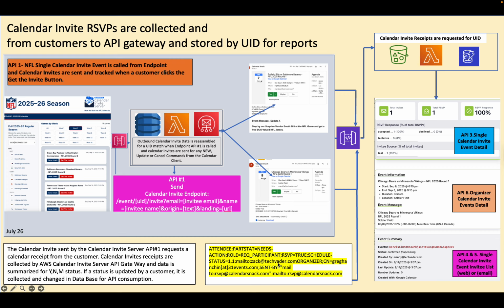Request a participant. That participant action is a yes, no, maybe. And when someone interacts with these calendar invites downstream, we follow the IETF, the Internet Engineering Task Force obligation of how a calendar invite works on the internet. And that is solved here because when somebody downstream clicks the yes, no, maybe button, we send that data back to an API gateway that's deployed with the calendar invite server inside your AWS account. And we gather that granular data that goes to an S3 bucket. It is hit with a Lambda, and then that's ground out in an ETL action and put in DynamoDB.